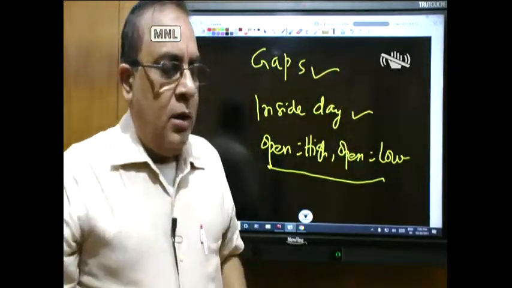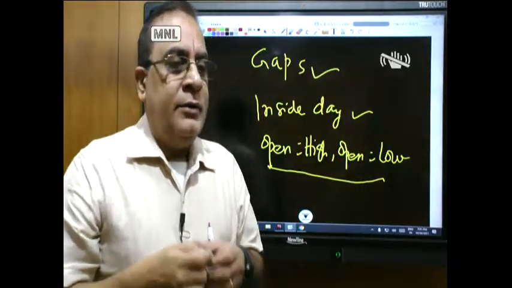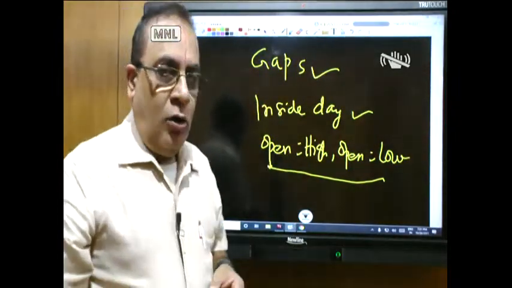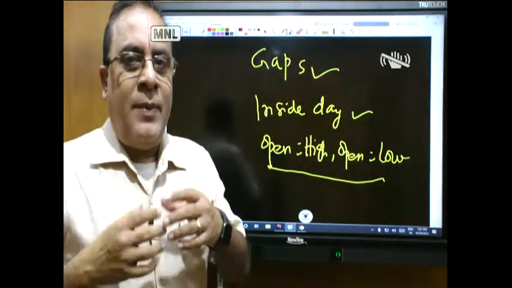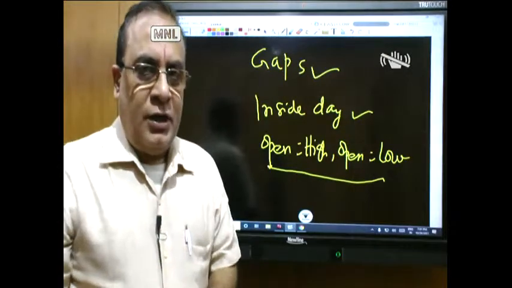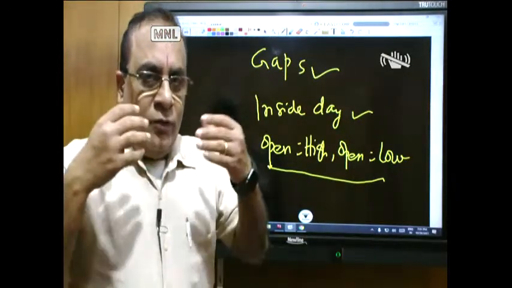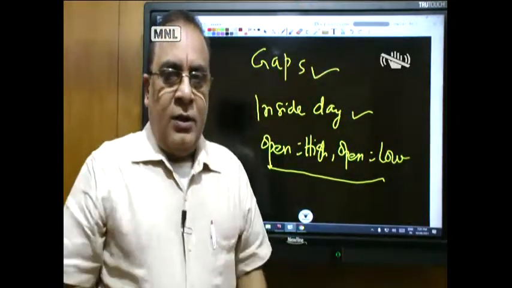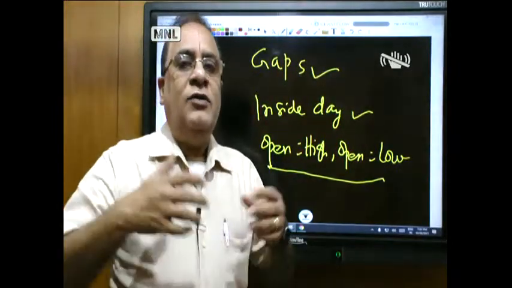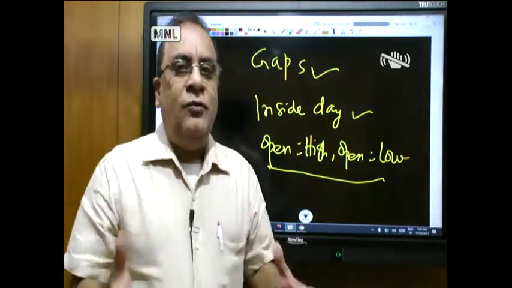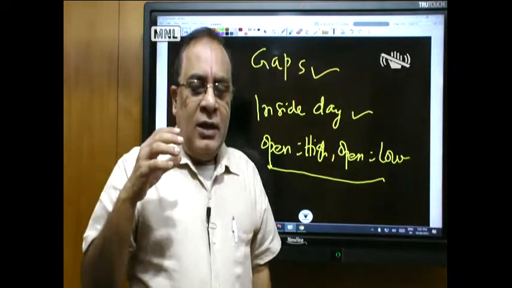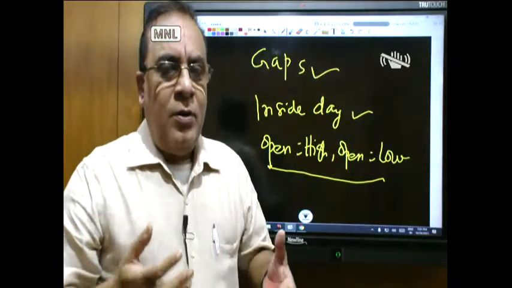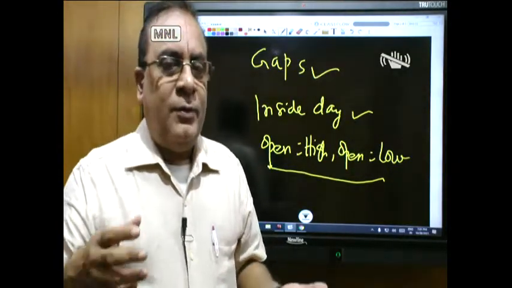Using some of these patterns, you can make a judgment either for a day trade or for some positional trade also. It's very important for us to understand why these things get formed, gaps, inside day and all, and we should not panic or rush into some emotional decision based on what we see. So we have to look at what has happened historically. That is, if you go through the data set of the last 3 years and 5 years, what have these gaps informed you about a trading decision? That is very important. So we need to really backtest to what extent buying at a gap up or selling at a gap down has been profitable or not.